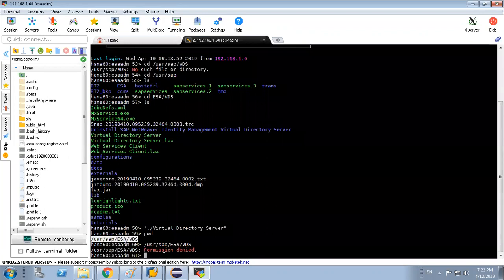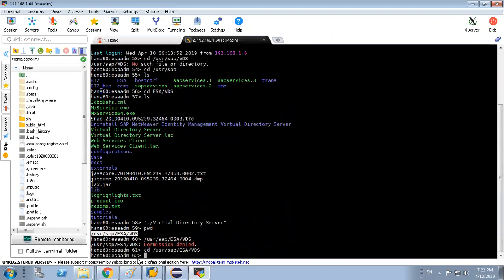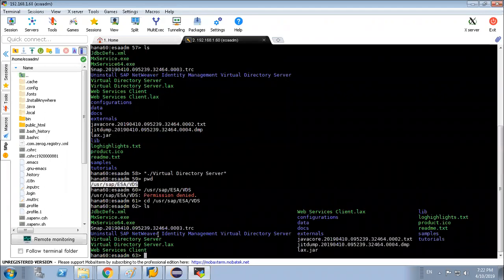CD, go to this path, and then you have to write this command. In this path, basically, you will see that the IDM is installed, the virtual directory server is installed.